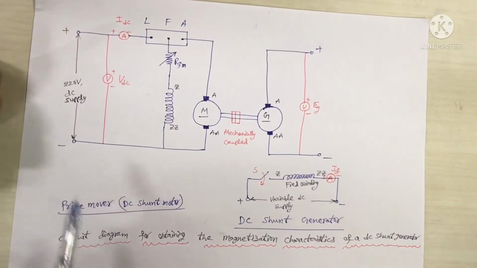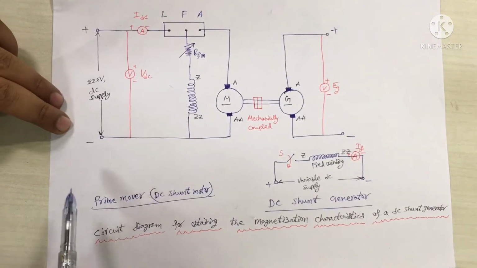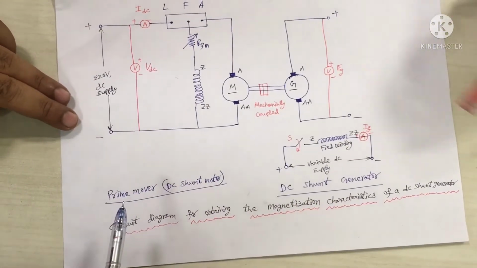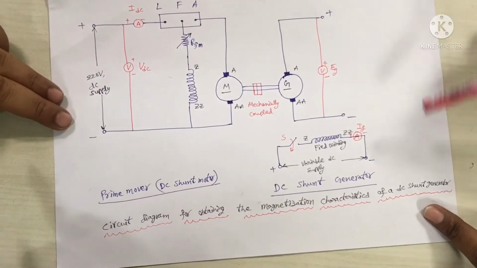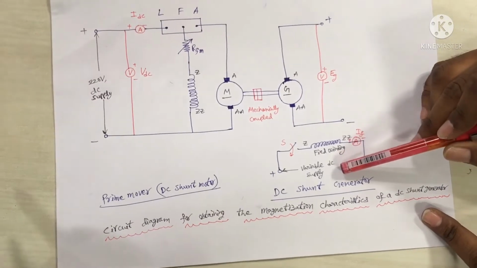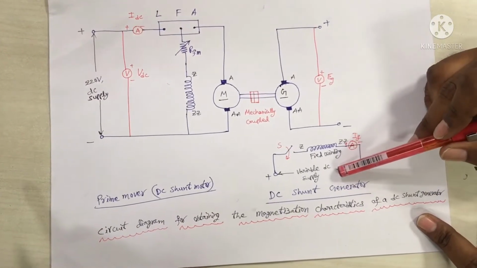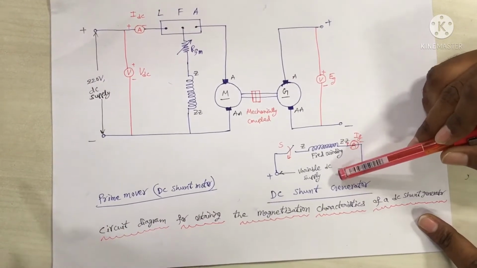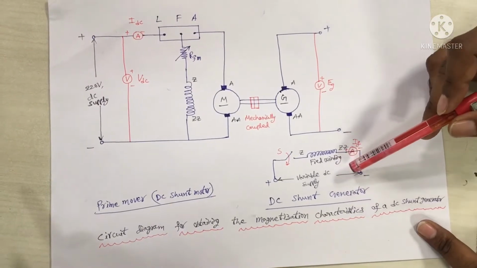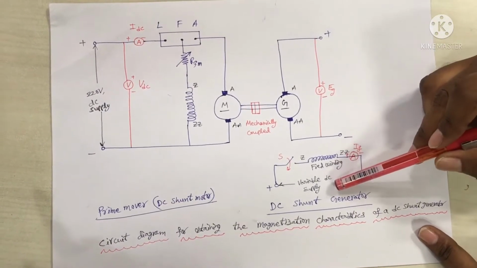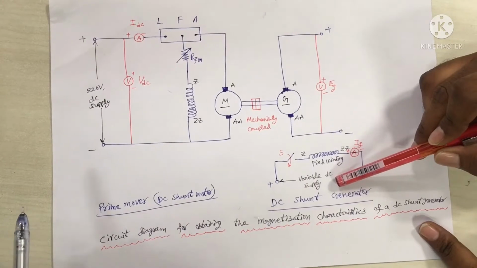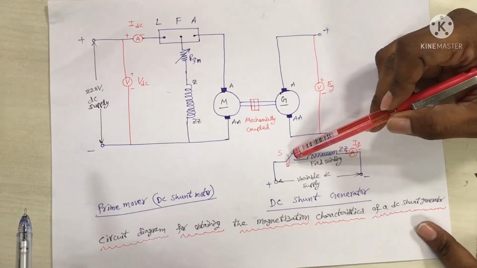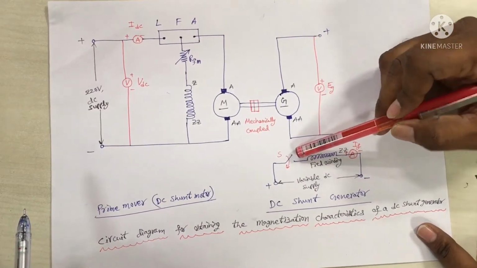Now we are going to explain the procedure for this experiment. We have to connect the circuit as per the given circuit diagram. Here we can get the variable DC supply by using the auto transformer and rectifier unit. Initially the auto transformer output should be at a minimum position and switch S in open condition.